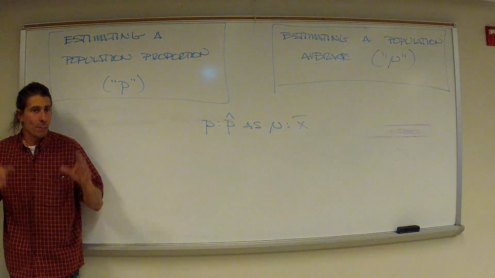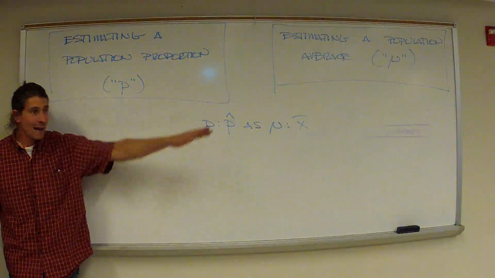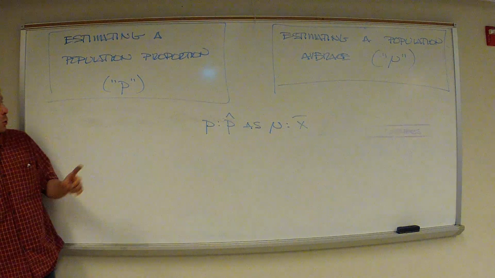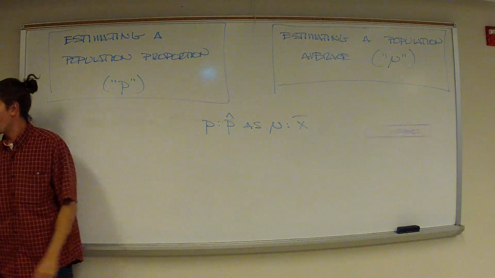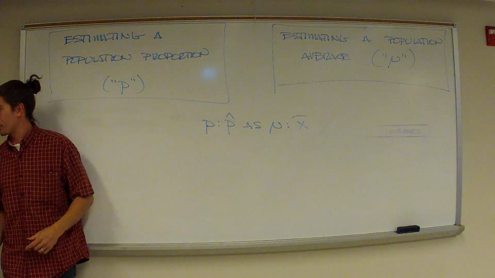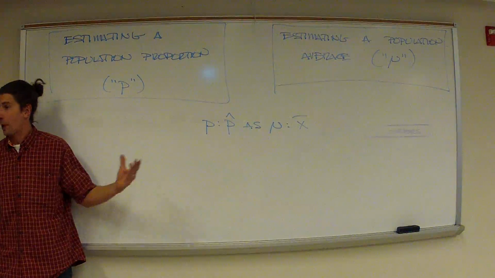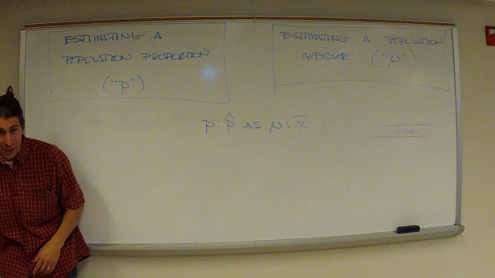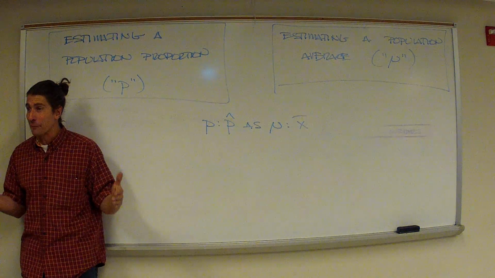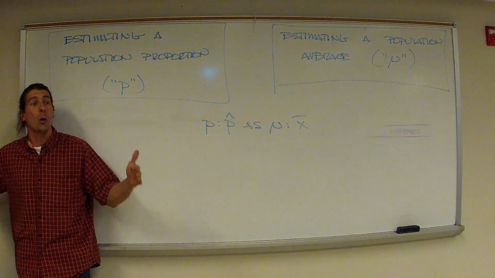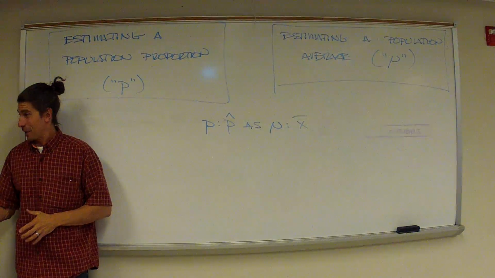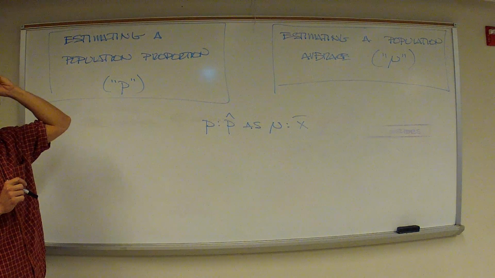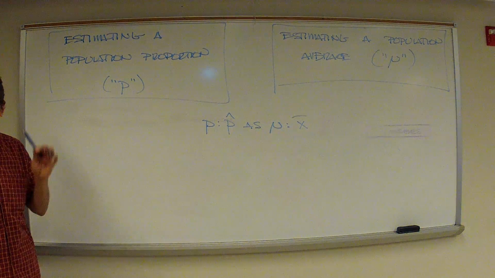P and mu are both measures of the population. P hat and X bar are both measures of the sample. The trick is we want to know P and we want to know mu, but we'll never know P and we'll never know mu. So we build confidence intervals around P hat and X bar. And with 95% confidence, the parameter we're studying is going to fall within the interval. Fair enough? Now, if you want to think of it as topic-ish things that you'll be responsible for,